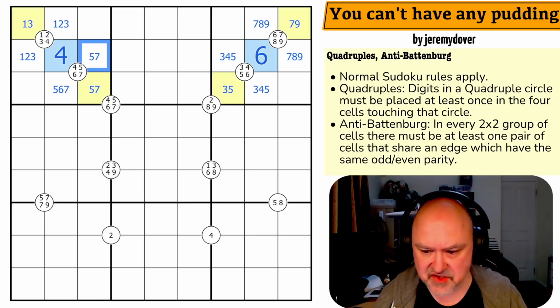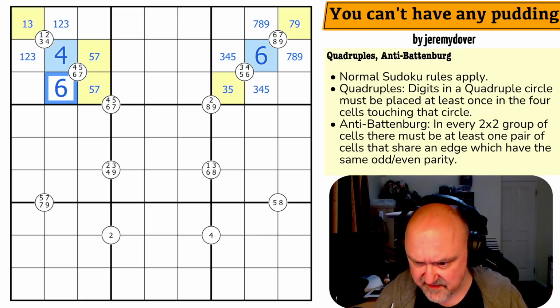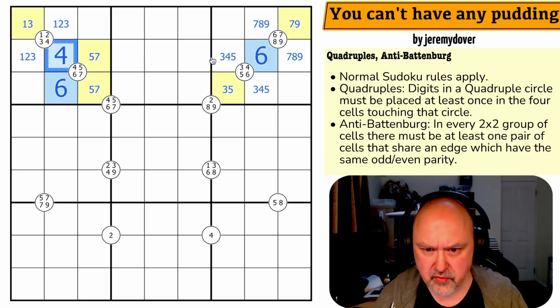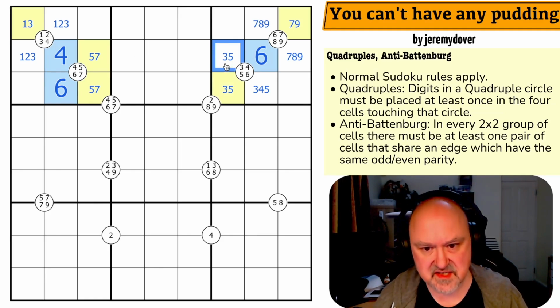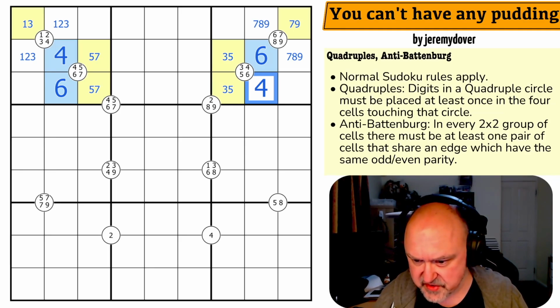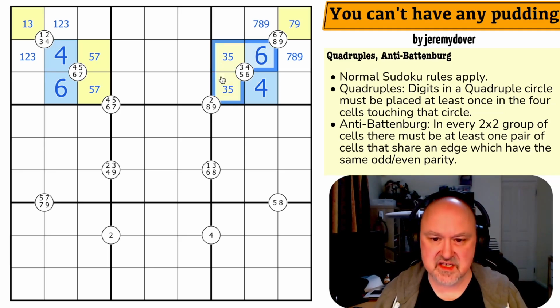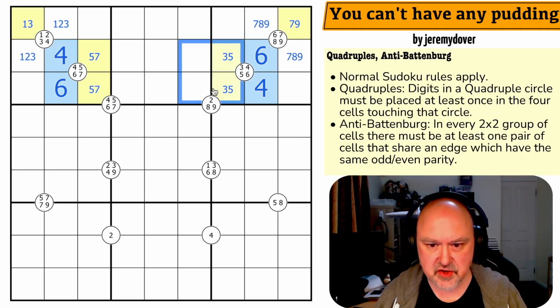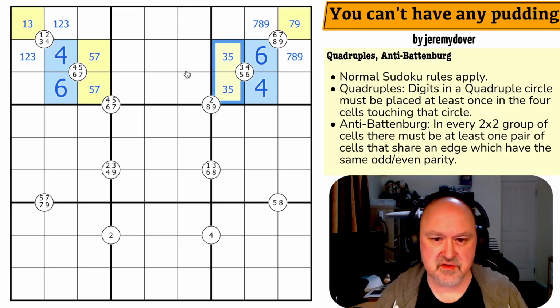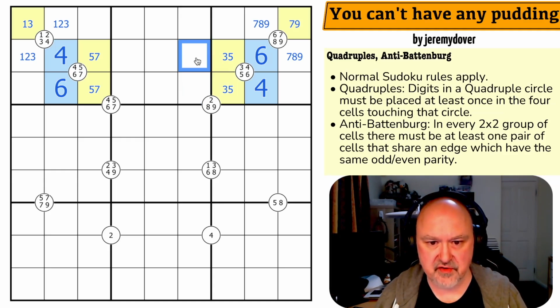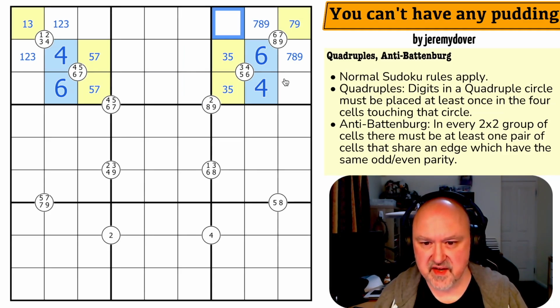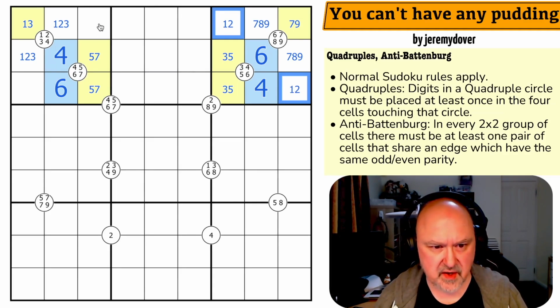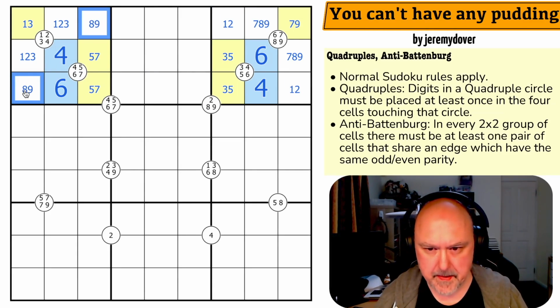So this is actually a 5, 7 pair, and this is the 6, which is even. The 4 looks across, taking 4 out of there, so this is a 3, 5 pair, and that's now the 4, which is good. As you can see, in this 2 by 2, I've got a pair of digits. In this 2 by 2, I've got a pair of digits. So as long as in every 2 by 2 I can draw a pair of digits of the same parity, I'm going to be good. These are now 1 and 2. These are now 8 and 9.